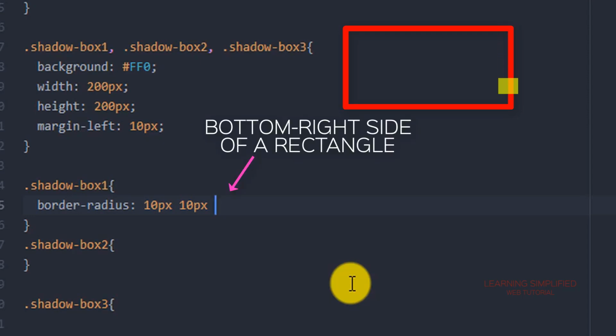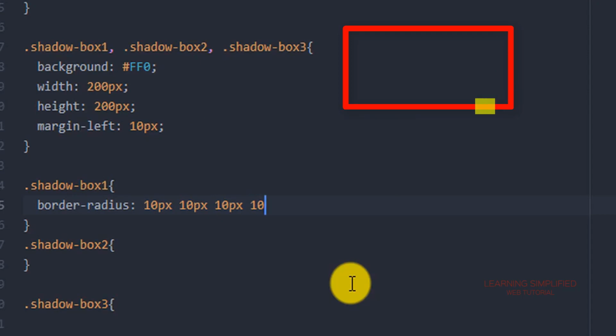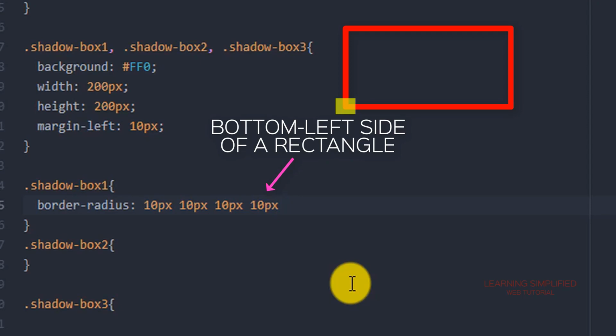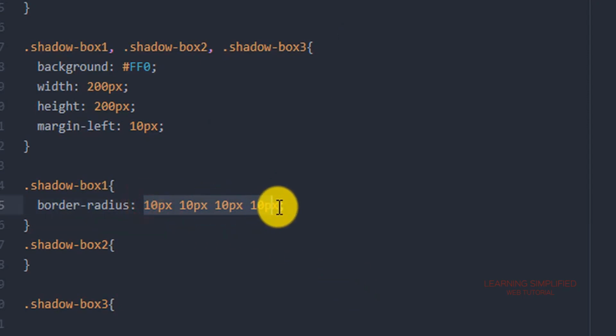The next one will be the bottom right corner, and this will be the extreme bottom left corner. A rectangle practically has 4 corners, and all of these parameters represent them. The intention of providing these parameters is to provide a particular slope to all those corners such that they seem to be rounded.